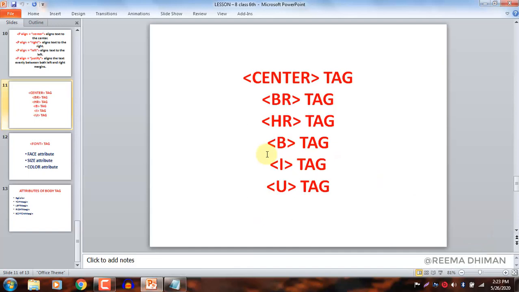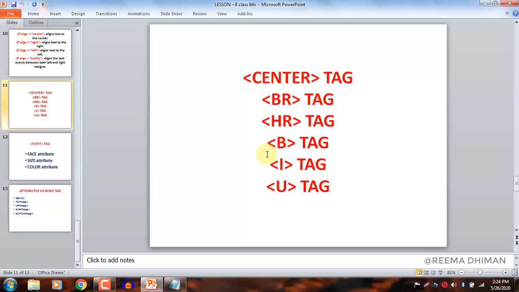Now we will discuss the B tag. The B tag is used to display the written text in bold format. It is strictly a presentational element. This tag is used when you want to emphasize the text, meaning you want to highlight that text.